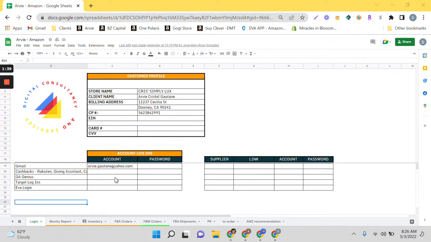OAG News. This is for the dropshipping client. If you want to do dropshipping, we need to have the OAG News or the Taco Tracker, so we need your login details there. Also for